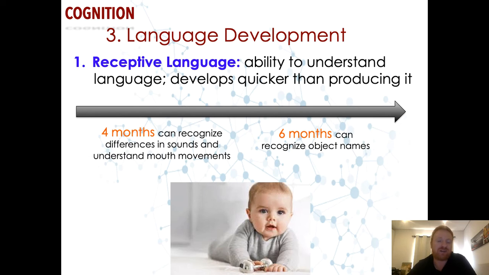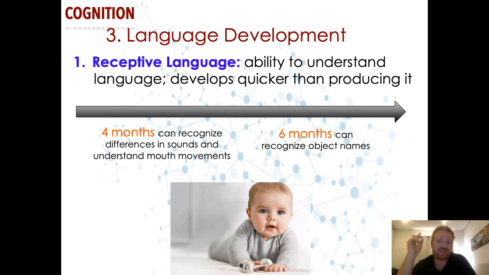So 4 month olds can actually recognize the differences in sounds and understand the mouth movements that go with that sound. One study they did was they'd have a screen with two people making movements with their lips, and they would play a sound, something like an O sound. And so the babies could recognize that sound O and which of those mouths was the correct one to look at. So when the mouth said O, they would look at the mouth saying O and ignore the other one. They knew which mouth was correct for which sound at only 4 months old, and that's pretty impressive.